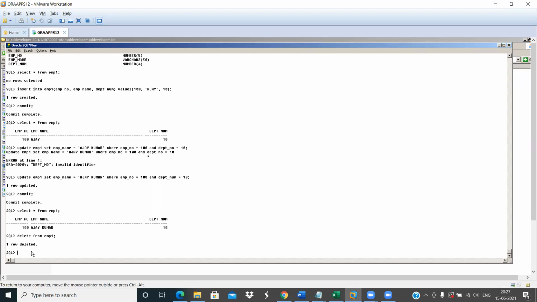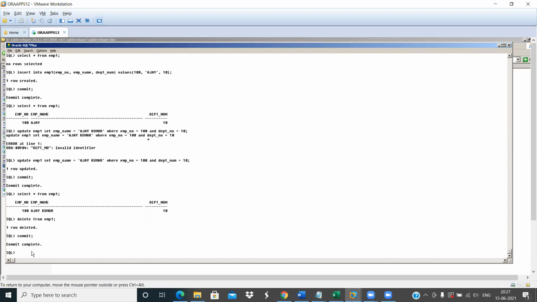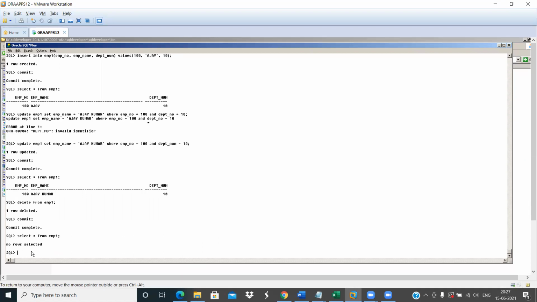Just execute. Commit. Then you can select the table. You can query the table. Select is nothing but a query, just retrieving the data from the table. Nothing is there.